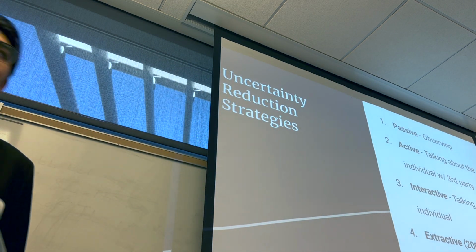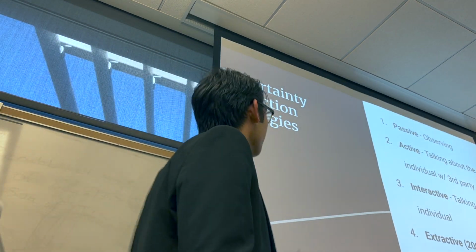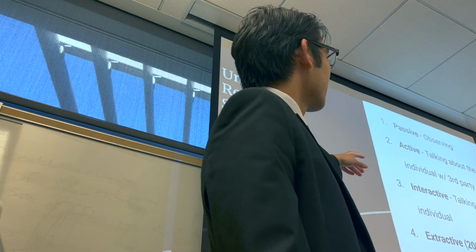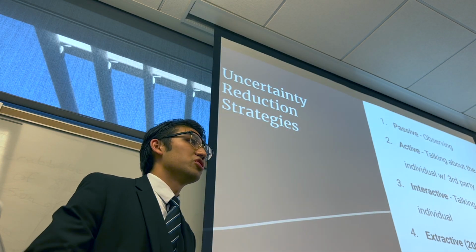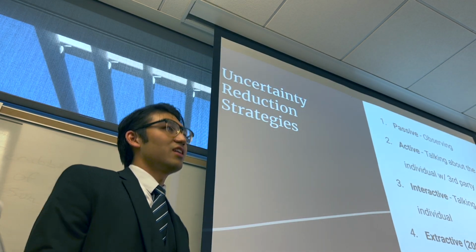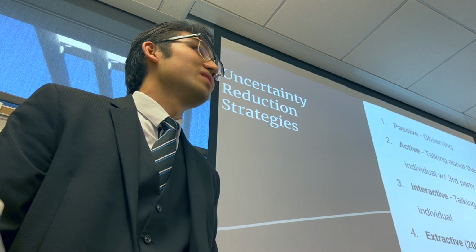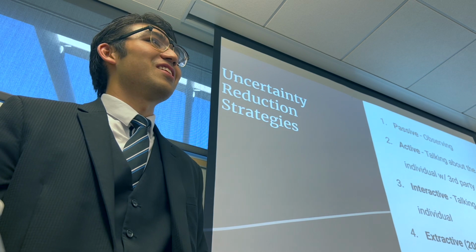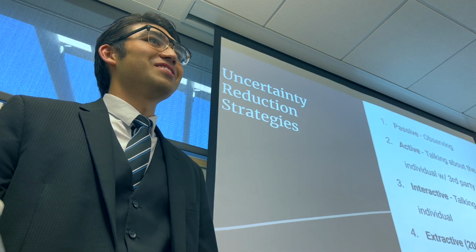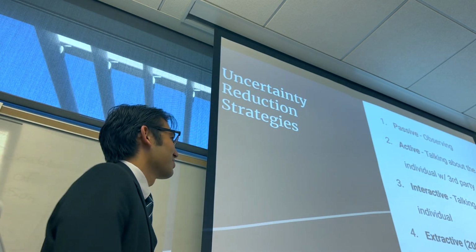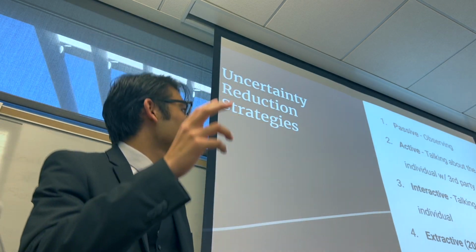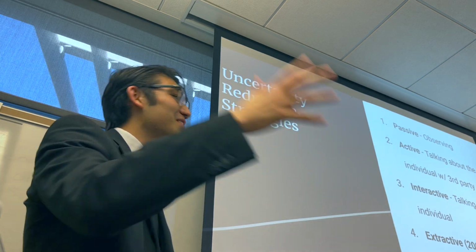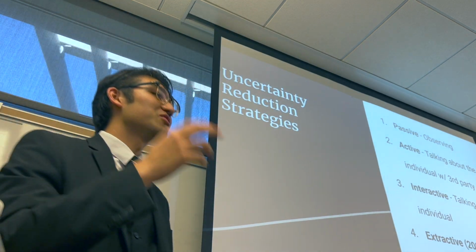Now, the way that uncertainty reduction theory says that we reduce uncertainty is through 4 different ways. We have the passive, active, interactive, extractive. Passive is just observing from a distance. So let's say I wanted to know how productive Professor Nelson is at her desk, or whatever. Let's say I'm Professor Schultz. I'm just observing or listening to the conversations she has with people. That's stalking. Probably wouldn't be good, but that would allow me to gain some information